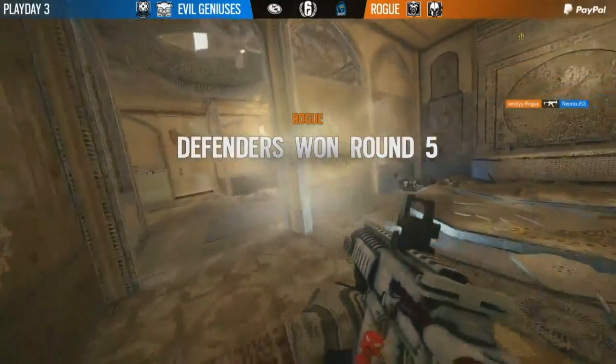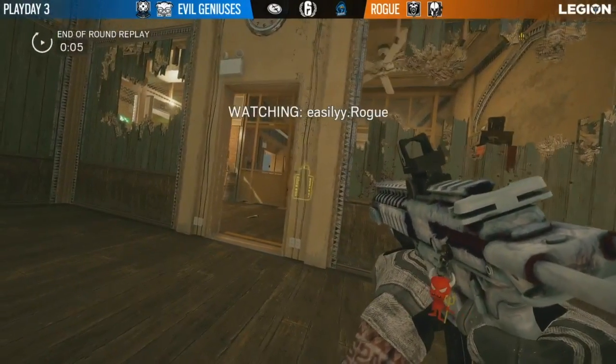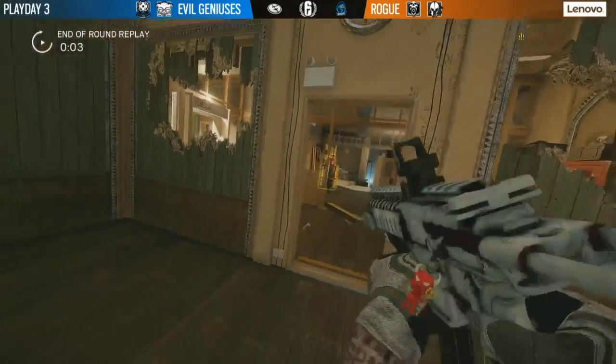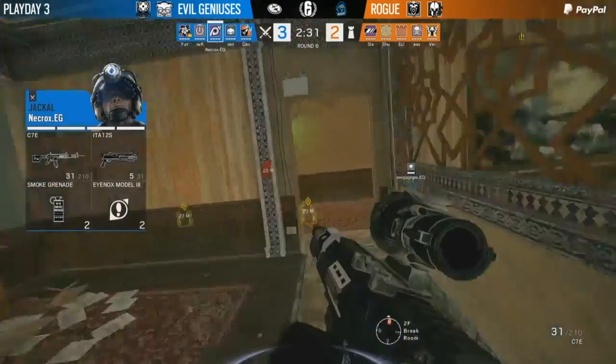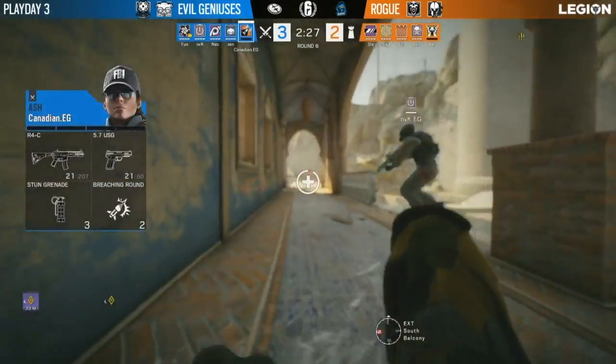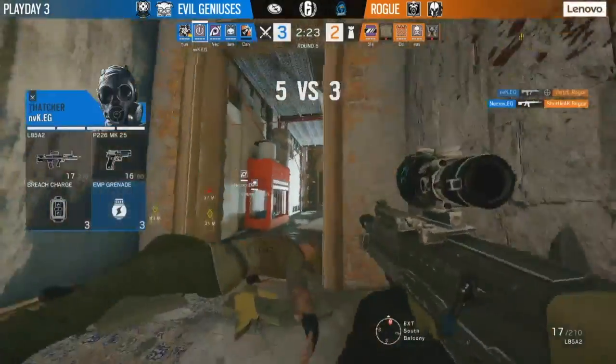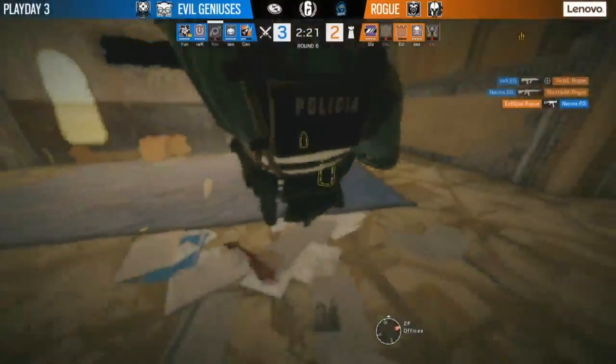Can't finish off the Valkyrie as Rogue finds their counterpunch, as we'd mentioned before, of the play of this Valkyrie inside of Archives. Rogue have not had, I think, the start that they wanted, and now speaking of start that they wanted, it's going to be a double down as Canadian gets taken out, and there's actually two from EG coming in very quick order and looking for a third,